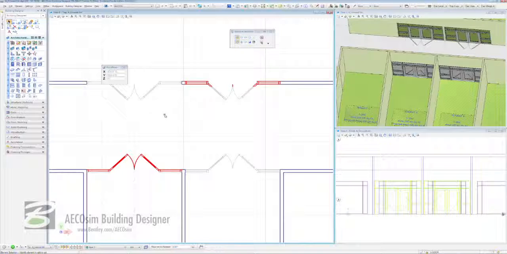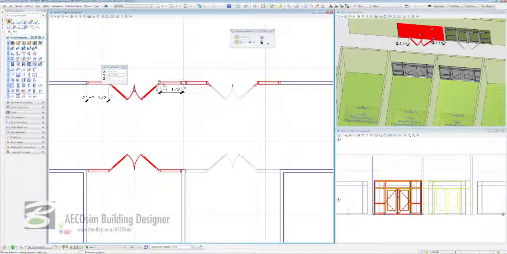We're going to see that in just a second. But before we leave these doors, there's one common facility that doors and windows have, and that is they're subject to change. And when they are changed, maybe they need to be changed more than one at a time. Building Designer gives you that, because we're going to add or alter parameters